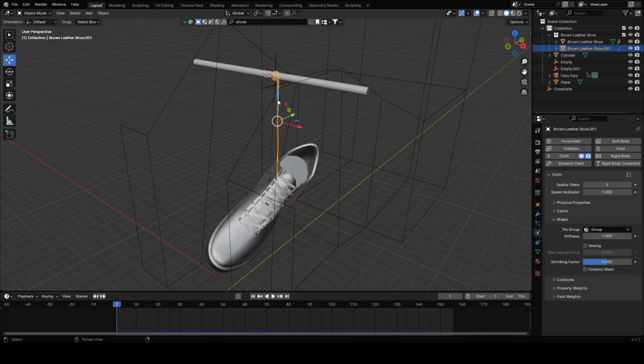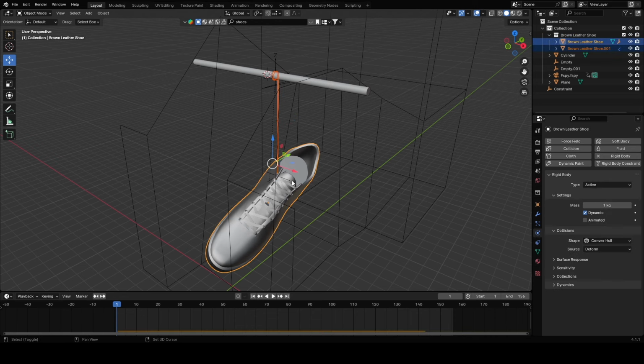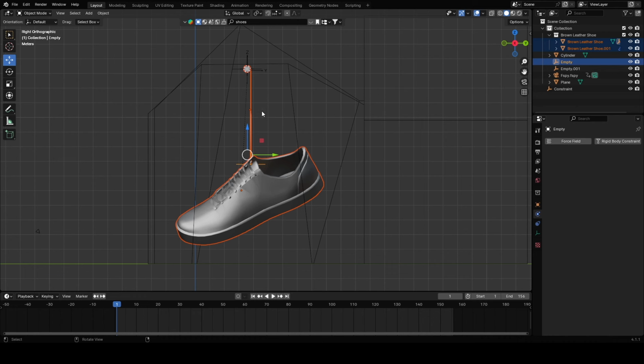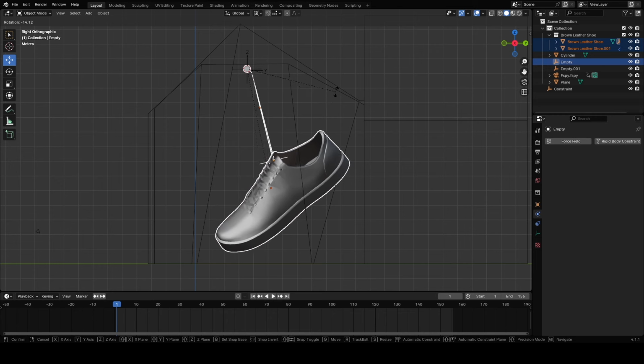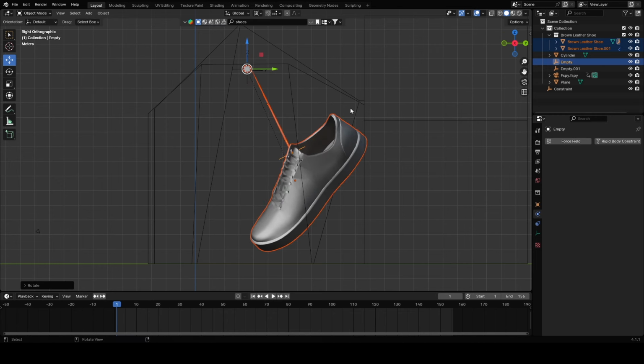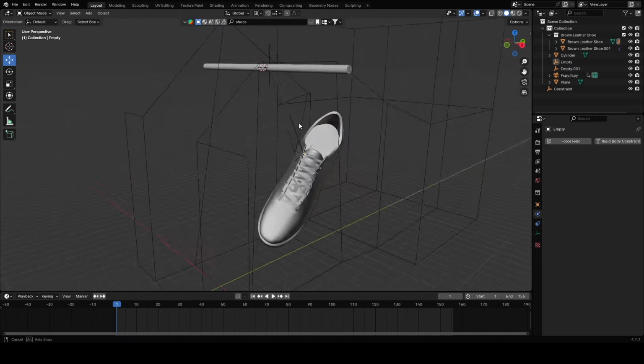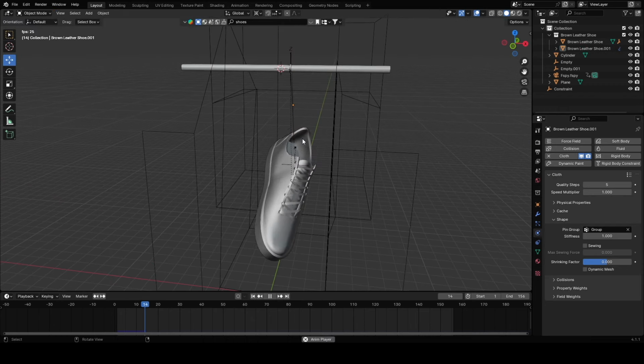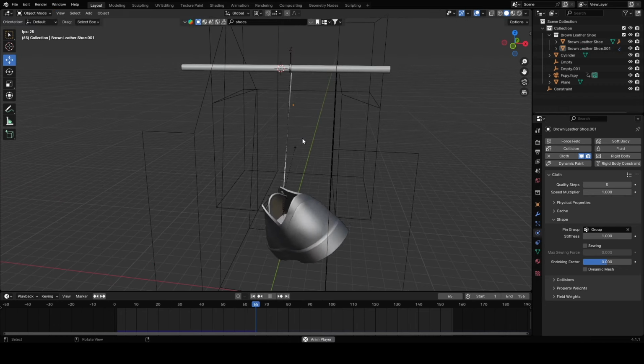So let's select the source here, everything, and I want to rotate it a bit. So our cursor is up here. I'm going to change it to 3D cursor. I'm going to rotate it a bit there so that we will have some kind of animation there. So okay,